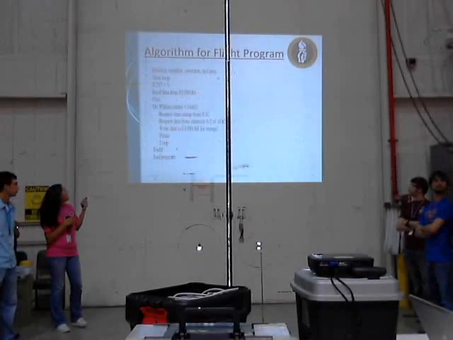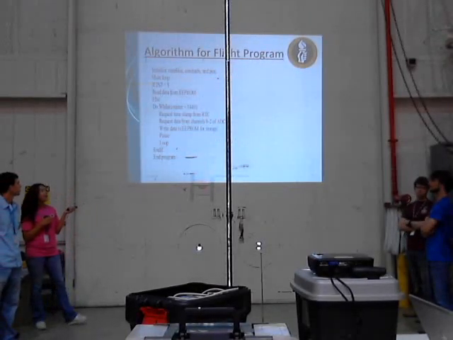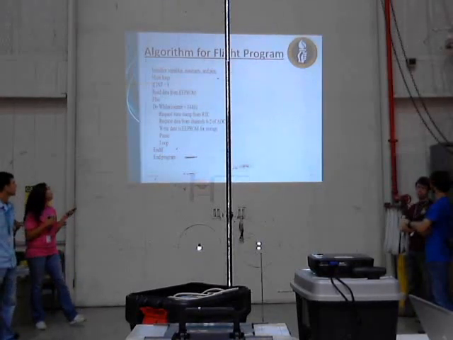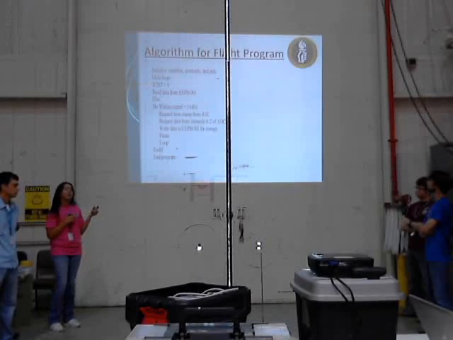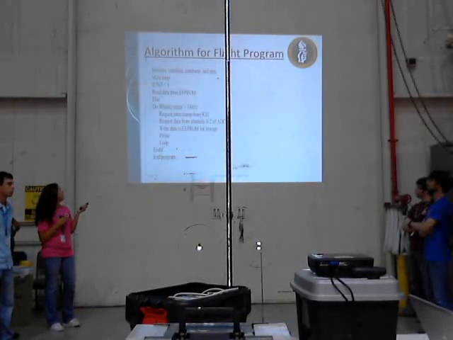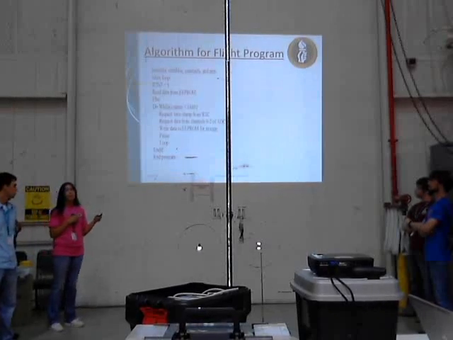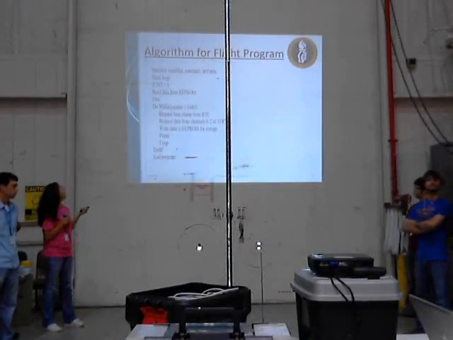Okay, so here's the algorithm that we designed for a flight program. We're going to start with initializing the variables and the constants in the pin, and we have a main loop. Since we have a switch that will determine if you're in write mode or read mode, if the pin is high, which is a 1, it will read the data from the EEPROM. We're going to save that for the end after we retrieve the payload from the flight.